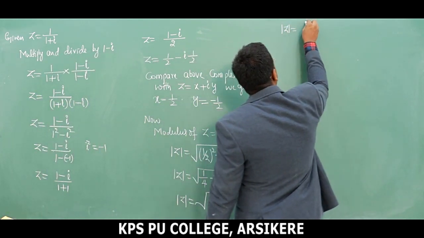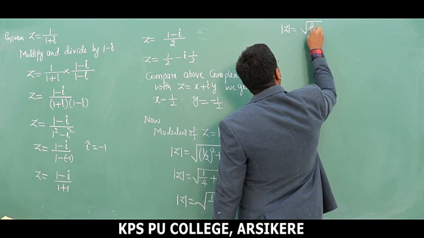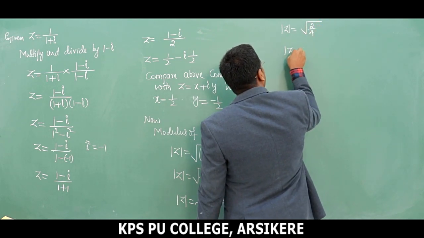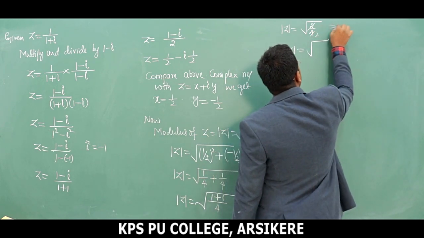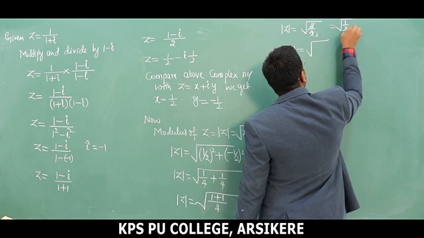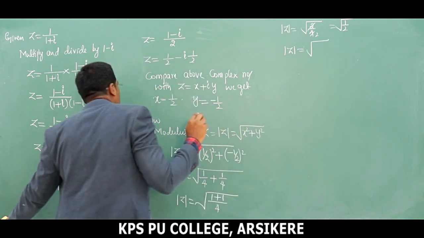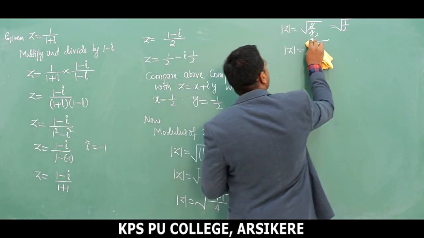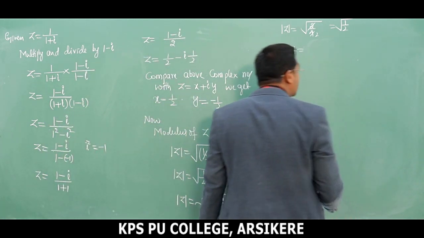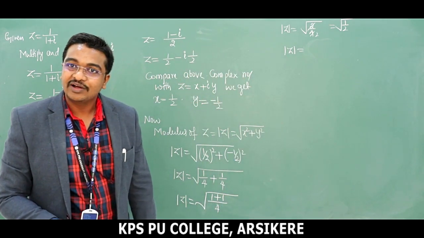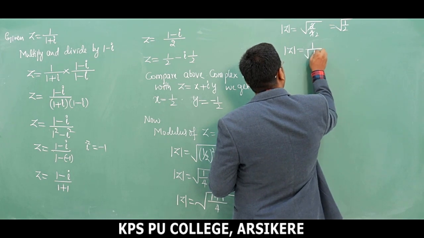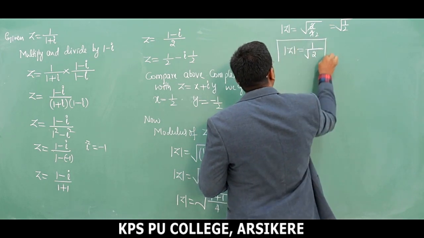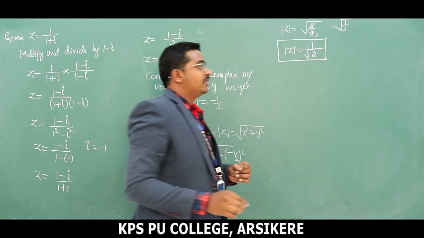Mod z is equal to root of 2 divided by 4, which is nothing but mod z is equal to square root of 2 over 4. The 2 gets cancelled, so left is square root of 1 by 2. This can be written as 1 divided by root 2. Square root of 1 by 2 can be written as square root of 1 divided by square root of 2. Again this is nothing but 1 divided by square root of 2. This is our required modulus. Then we are finding